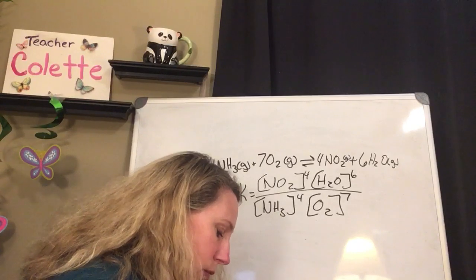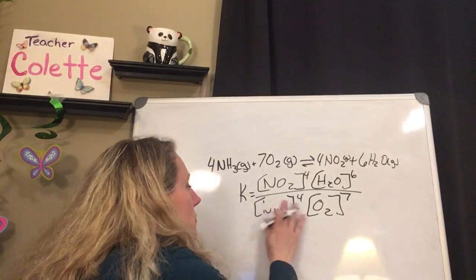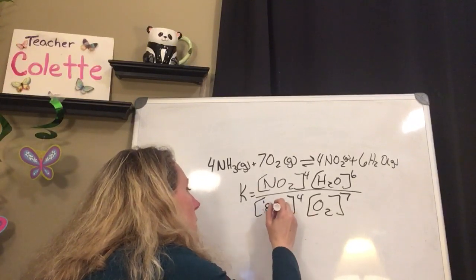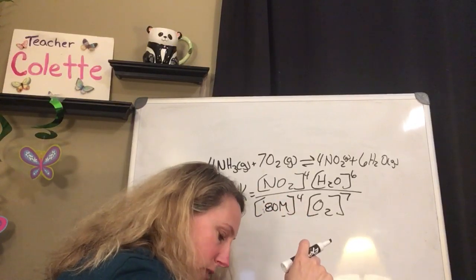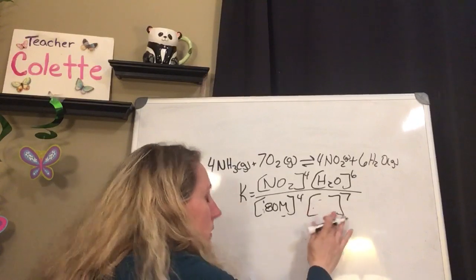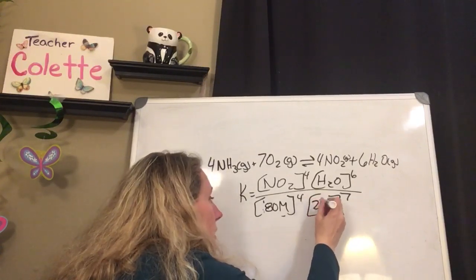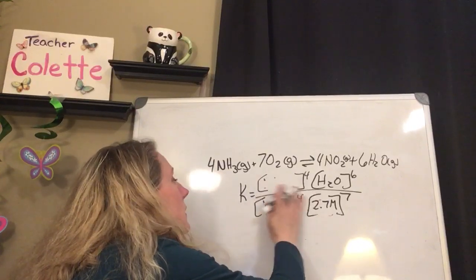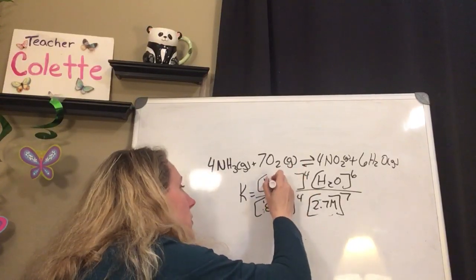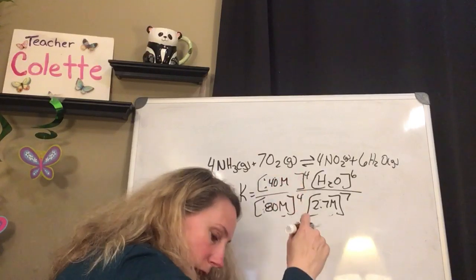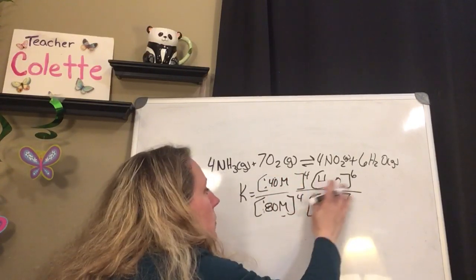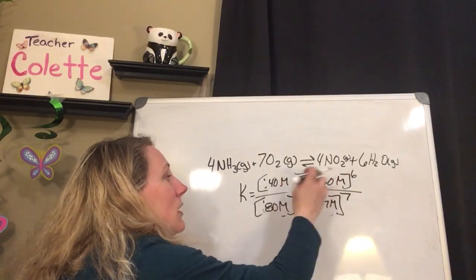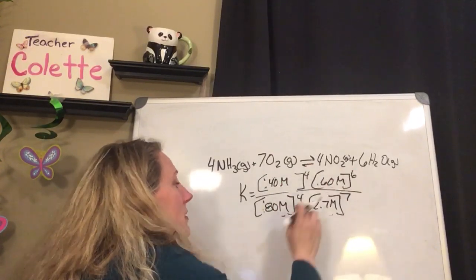It reaches equilibrium and the concentration of NH3 is 0.80, and the concentration of O2 is 2.7, and NO2 is 0.40 and H2O is 0.60. Okay, so now you have M to the 4th, M to the 6th, you have M to the